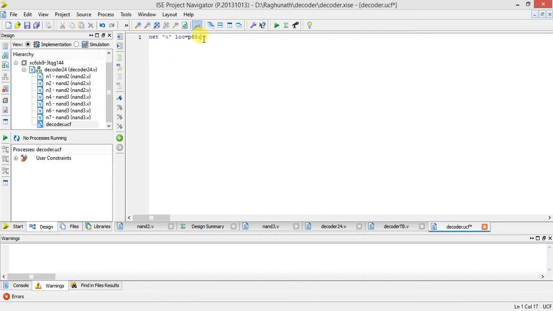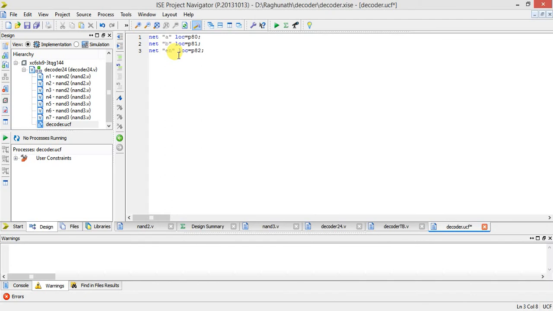So copy this line, then paste it. So two times you paste it. So the second input is what? B. So change A to B, and next you see the pin details. It is 81. Next is 82. So the third input is what? Enable. First input is A, second input is B, third input is enable, and all these three are taken from FRC1. Please check all the pins 80, 81, 82 are the pins available in FRC1.